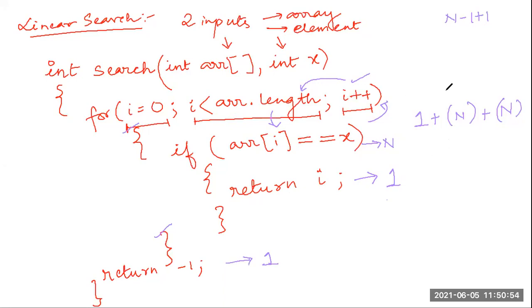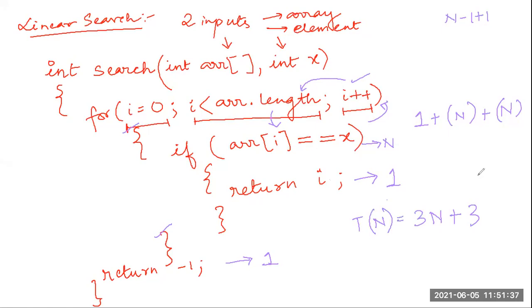So if all these things are false, I mean if this thing is false, then I will get 1 from here. In any of the cases, even if I found the element, even if I did not find the element, this checking is executed for n number of times. I go on checking. So all these things, if I sum up, what will I have? 1 plus n plus n plus n plus 1 plus 1. So 3 ones give me 3 and 3 n's give me 3n. So 3n plus 3. So if I see about the time complexity, it will give me 3n plus 3.